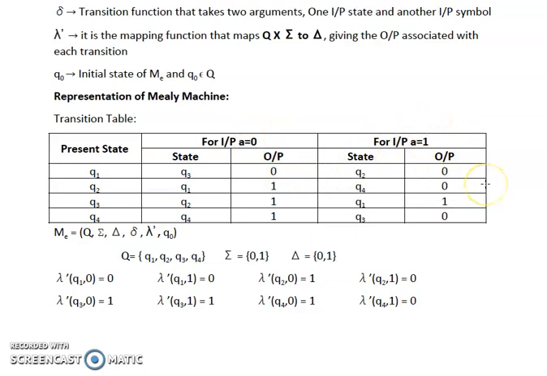Then, in case of the Moore machine, we have only a single output column because the output was associated with the states. That's why there was a single column. But in the case of Mealy machine, the output is associated with the transition and each transition is represented by using two things. First is the current state and second is the input provided at this particular state.